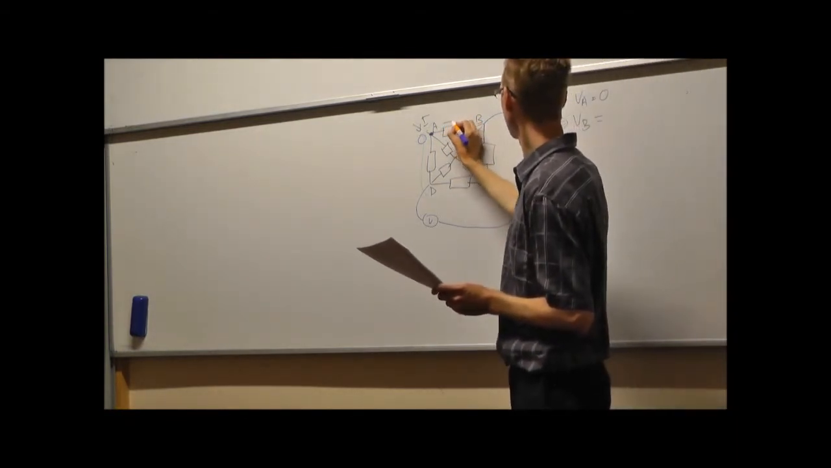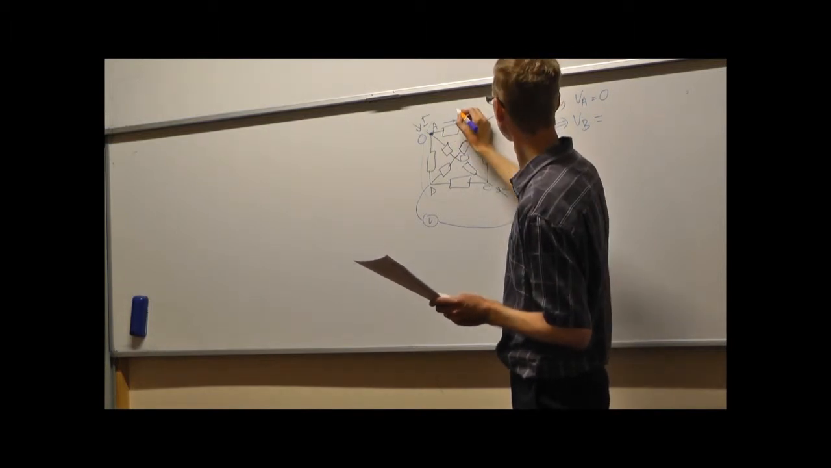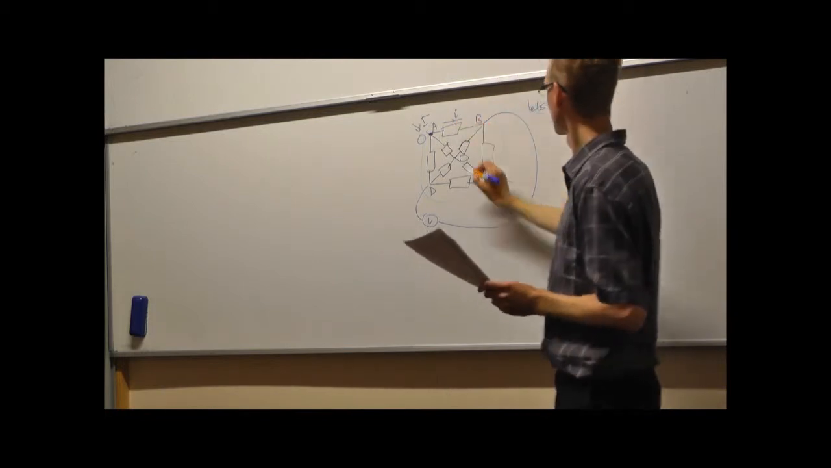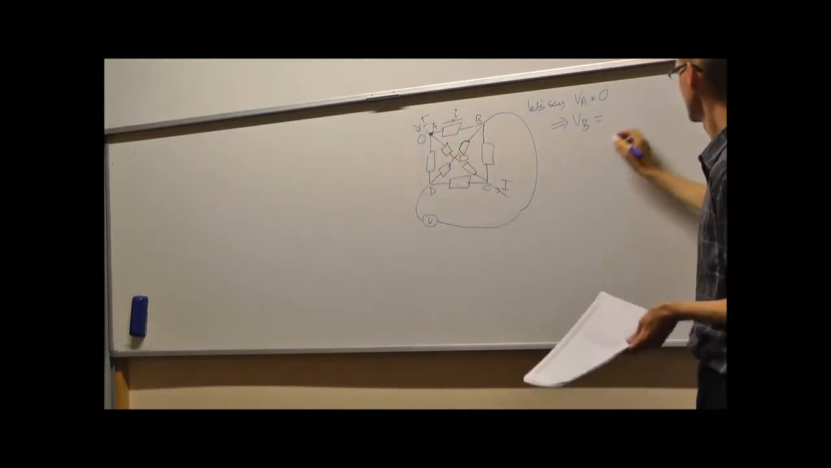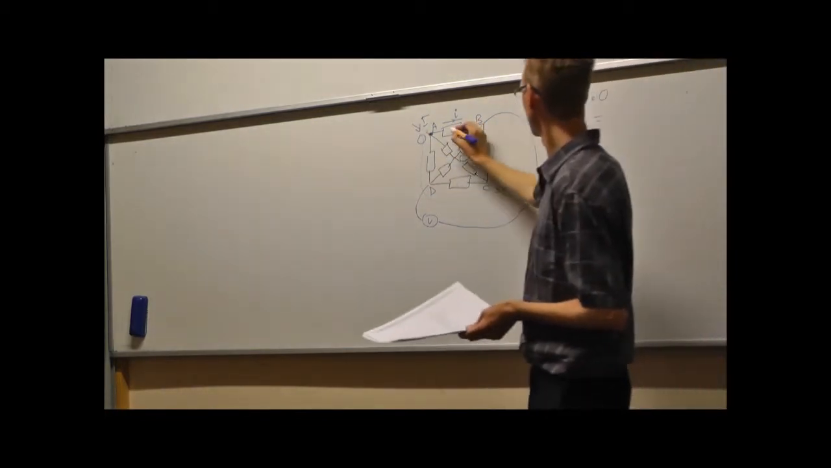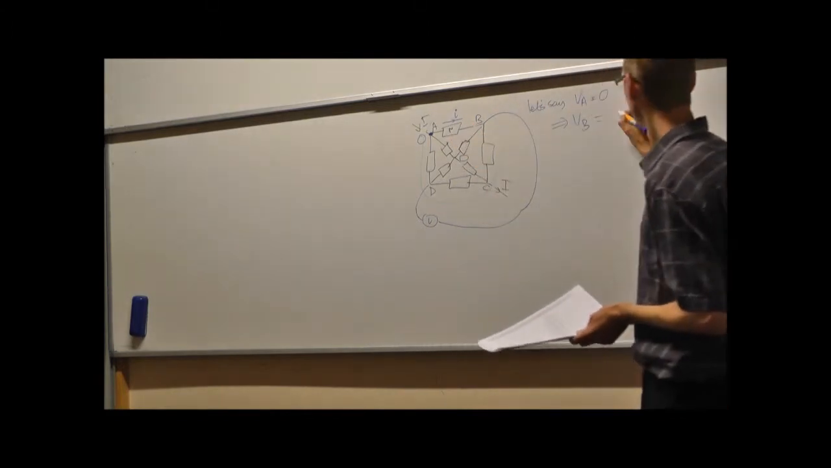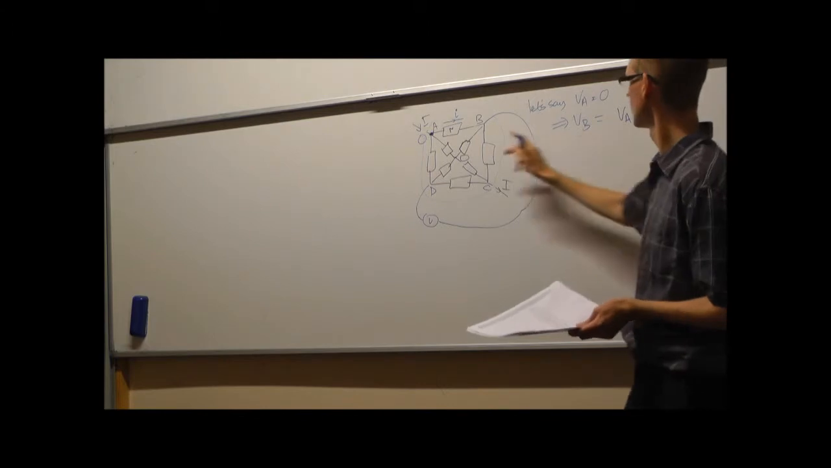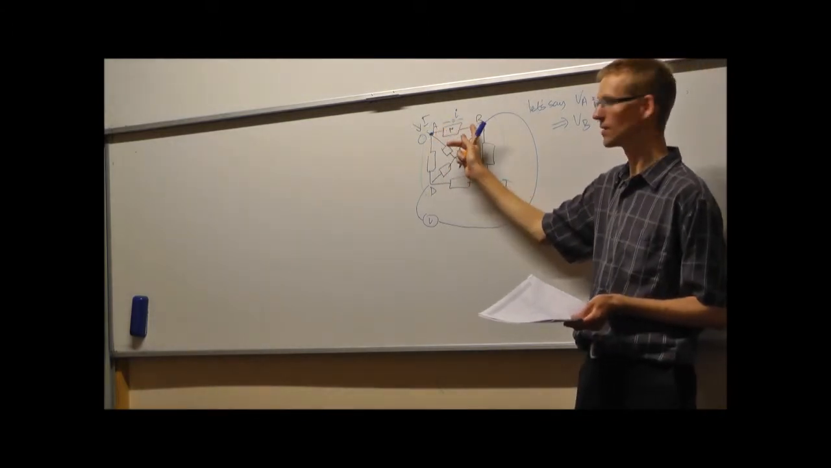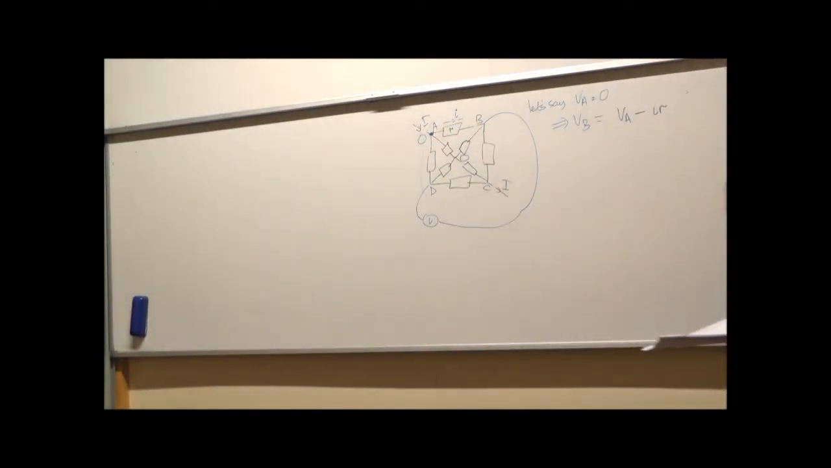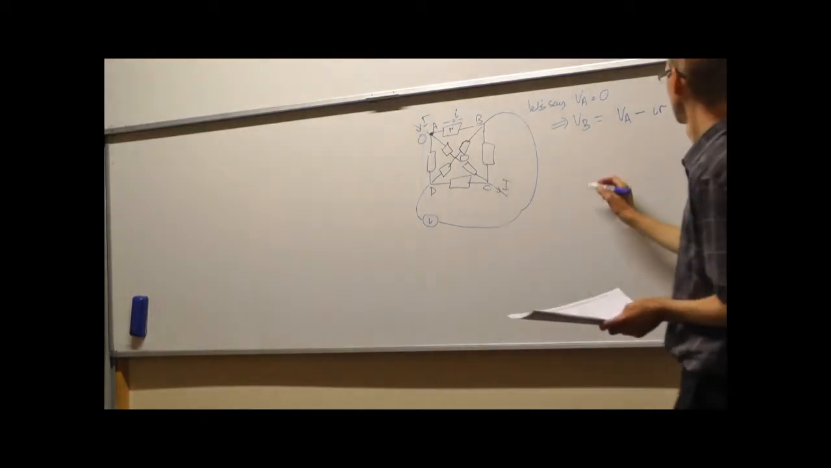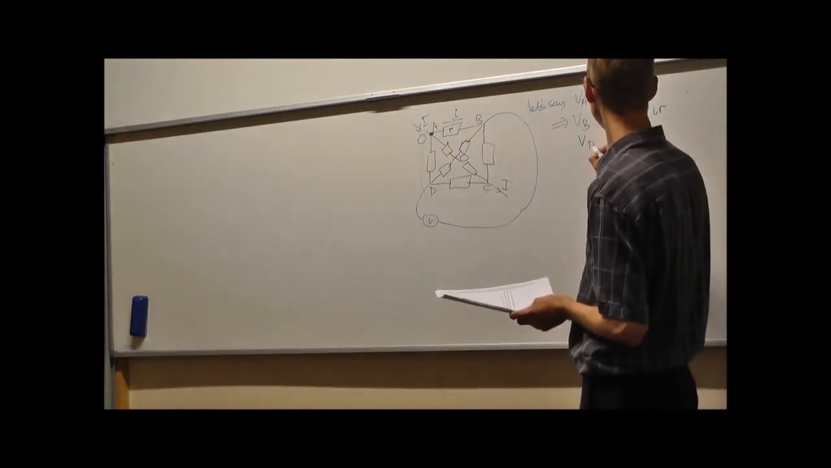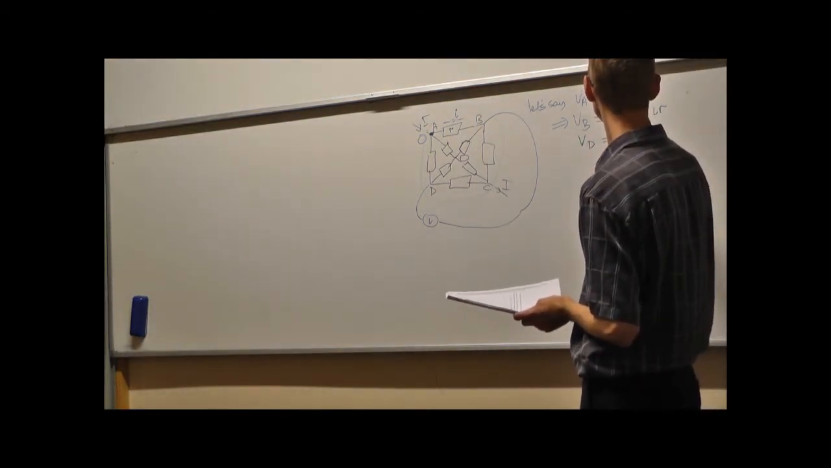So if we say that we have current, let's call it small I, it's obviously not the same as big I. So VB is going to be VA minus IR. We're losing that potential as we go through that circuit. VD equals VB